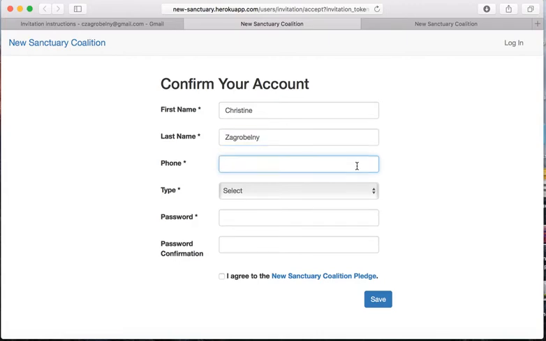The phone number is the number that the administrators will use if they need to reach you during the asylum workshop for any reason. And also if you're accompanying a friend and there are any last minute changes to the accompaniment, this is the first place that the administrators will look to get your information. So it's very important that this information be kept up to date. So I'm going to go ahead and press save,